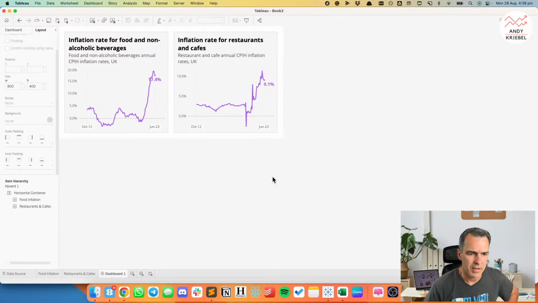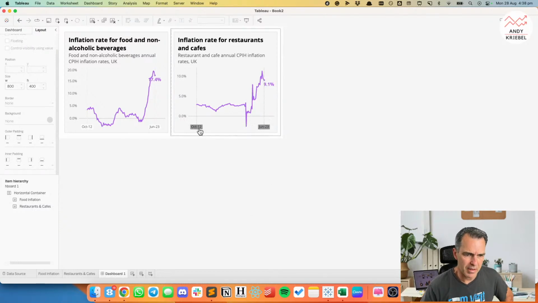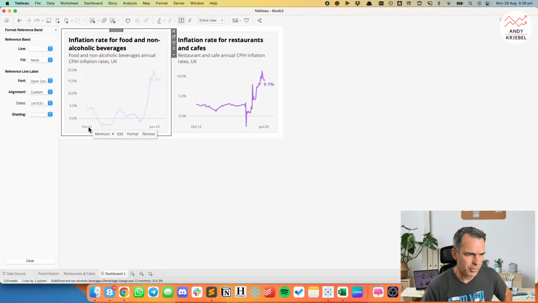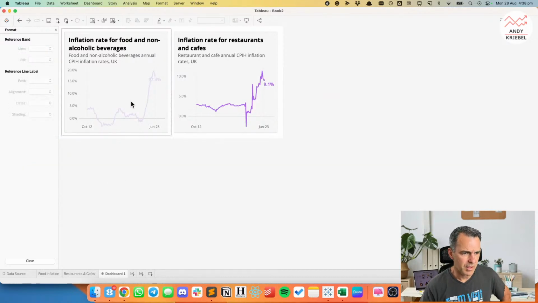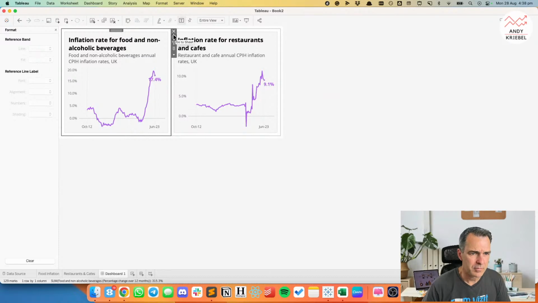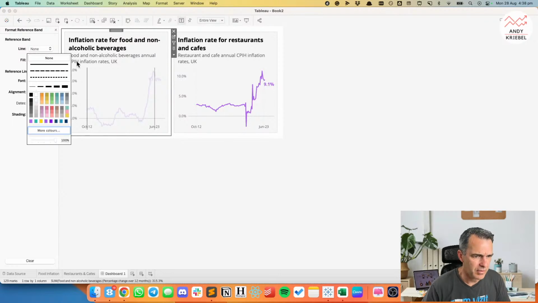And okay, great. Now notice my reference lines that I put in there have this white background now, so I need to format those and get rid of the shading. So I want to get rid of that altogether on both of these. Okay, so how's that now? And then my labels here. Actually, for my reference lines, I'm going to get rid of the lines. Let's see how that looks.